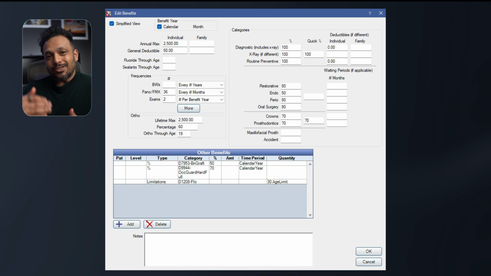I'm not going to go into each one of these fields and what it means because that's not the point of this video. But what I do want to focus on is the importance of this screen, where the mistakes are made, why you need to enter some of these details, and why some of these may be overkill and a waste of your time. But if you do need a reference on some of these things you see on the screen, like maximum frequency limitation, I do have 2 videos that I've done in the past specifically on this topic